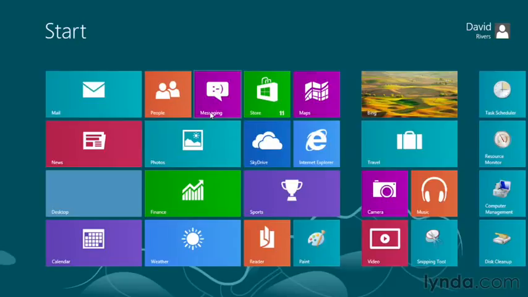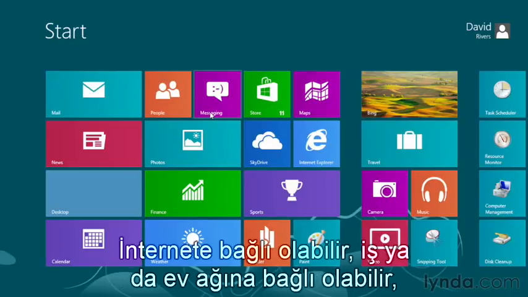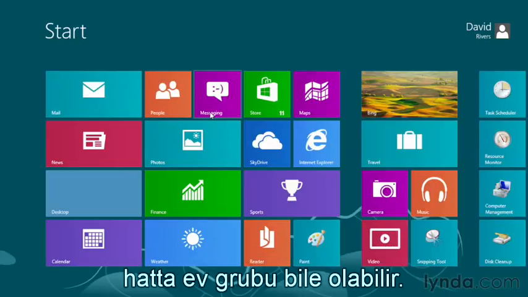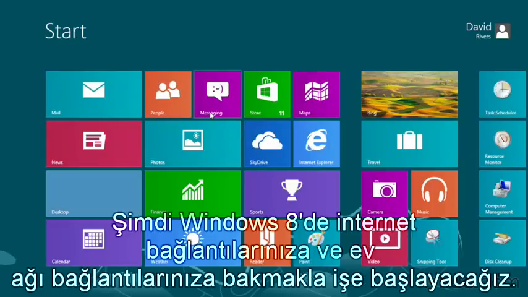These days, you rarely hear the term standalone computer anymore. Most computers are connected. That could be connected to the internet, a work network, or a home network, even something called a home group, all things we're going to talk about in this chapter. We're going to start right now, though, here in Windows 8, looking at your connections to the internet and your